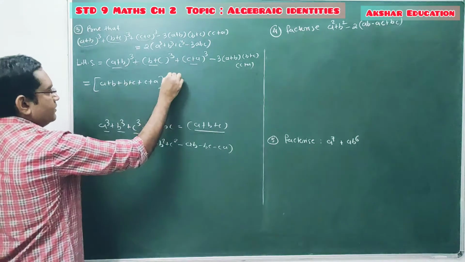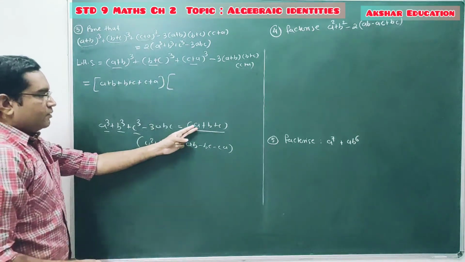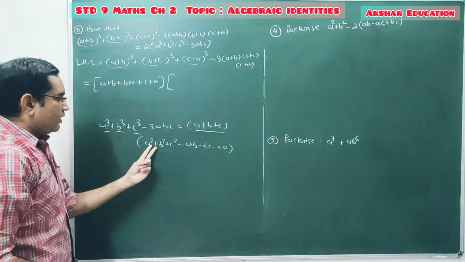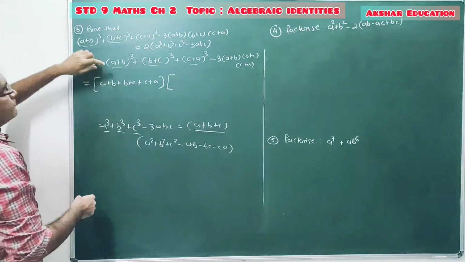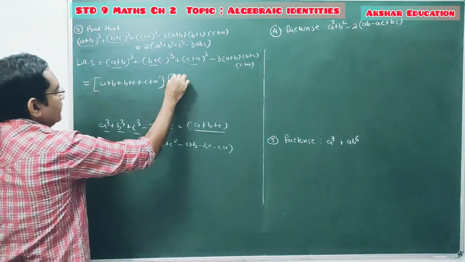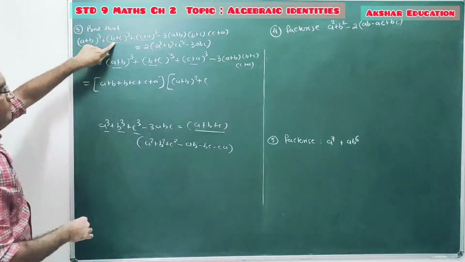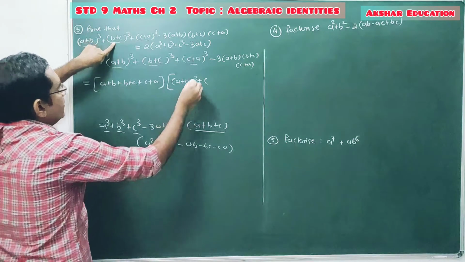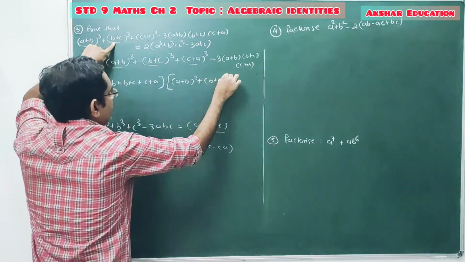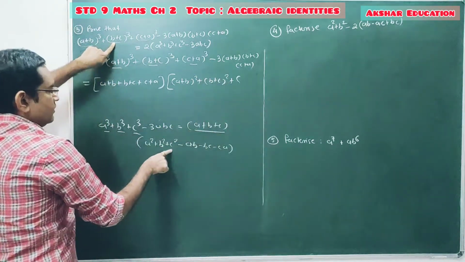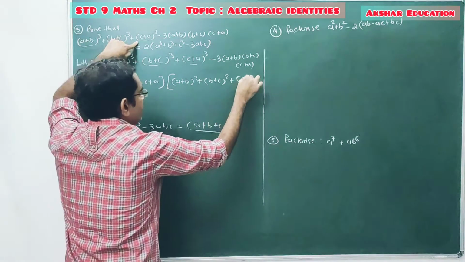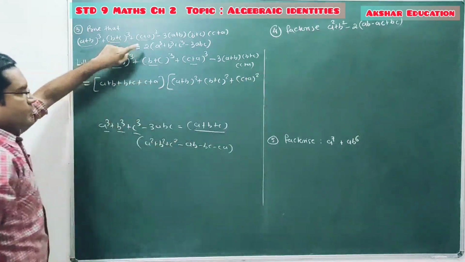First bracket, now second bracket. Second bracket, first term square, second term square, third term square addition. So first term a plus b, so (a plus b) whole square, plus second term square, so it's (b plus c) whole square, plus third term square, c square. So instead of c we are having (c plus a) whole square.